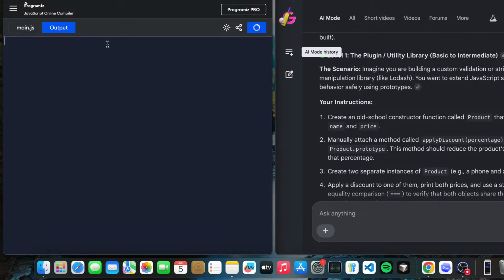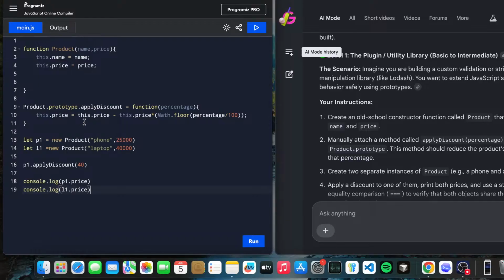Console.log price. Why doesn't this.price equal this.price minus this.price? Let's understand first of all.